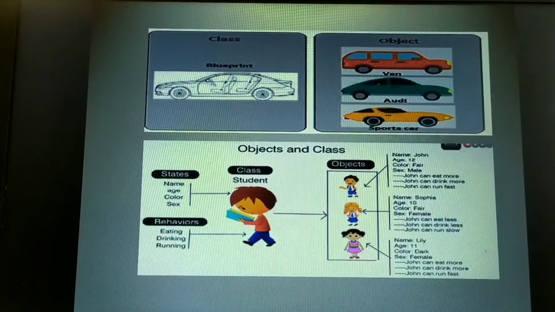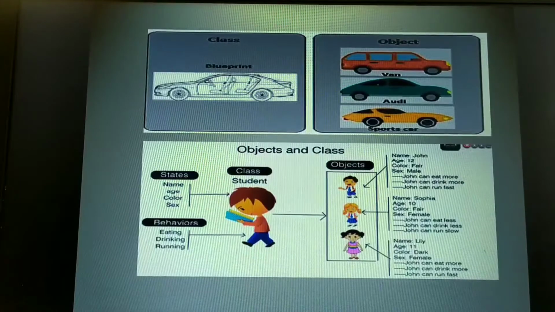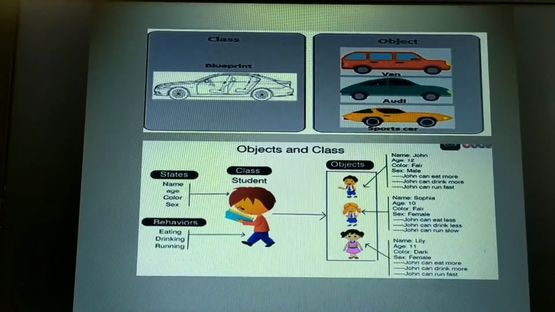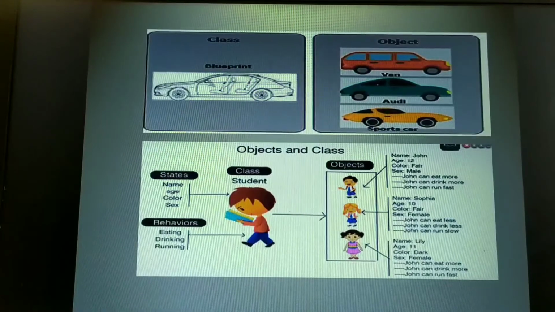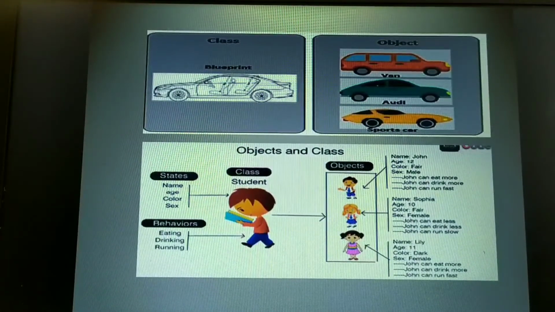I'll give an example of a mobile phone. A mobile is an object that has its own characteristics and behavior. What can be the characteristics of a mobile? Color, weight, cost, model. These are the common characteristics that any other mobile can also have. These are the physical characteristics: color, weight, cost, model.